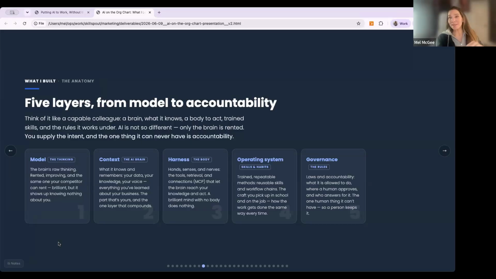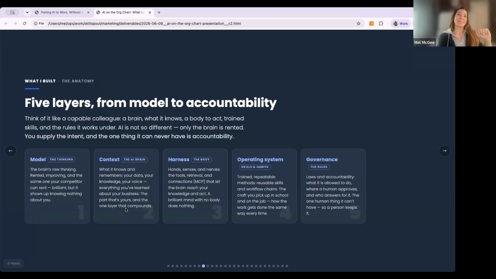It's the ChatGPTs of the world, or Claude's models, Opus and Sonnet, things like that. That's the model. That's the thinking. Here's the key. Your competition can also rent these models. They can also subscribe to these models. It's not a differentiator, unless you don't have it, right? But this is something your competitors can rent.